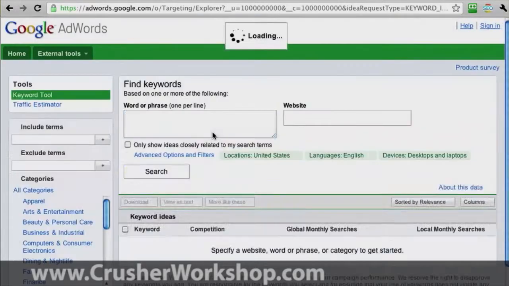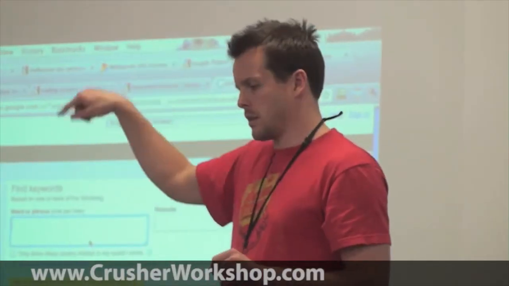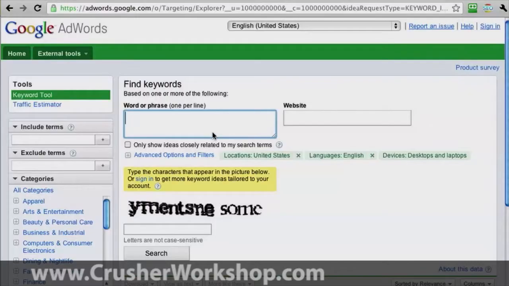Now, this is just related to AdWords. If you're not familiar with AdWords, that's the paid advertising around the side. They give you this tool to help you find which keywords you want to bid on. But let's just type in printing. Hit search,